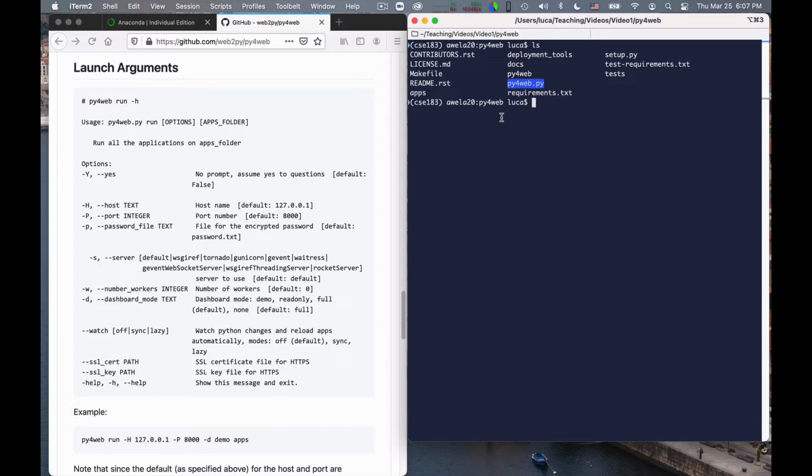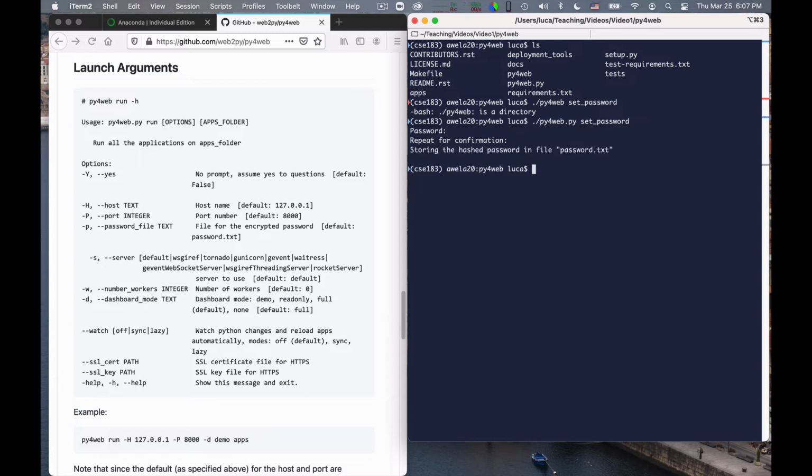Okay, so we do py4web set-password. Oops, sorry, I forgot a .py. Okay, we give a password. Okay, and this stores it in a file, so the next times we launch, we don't need to type the password each time.